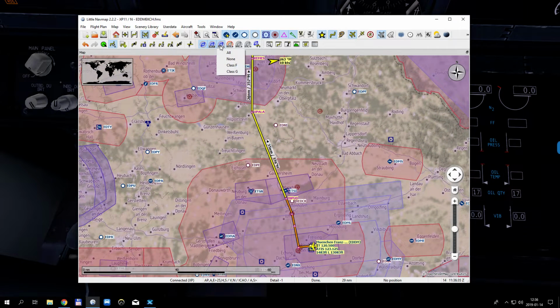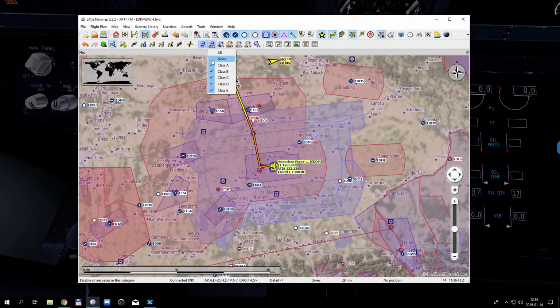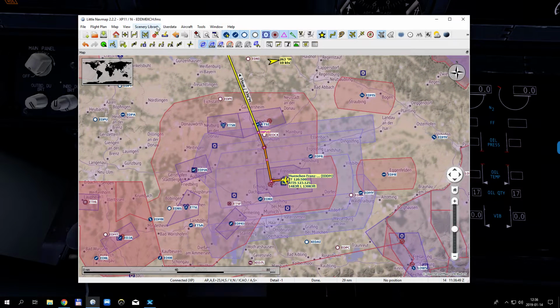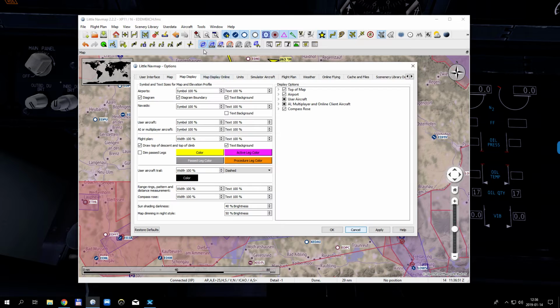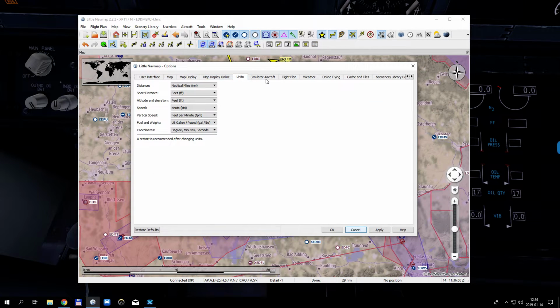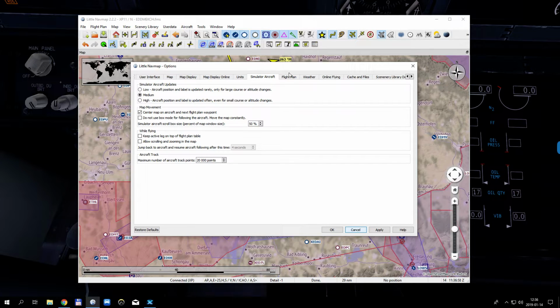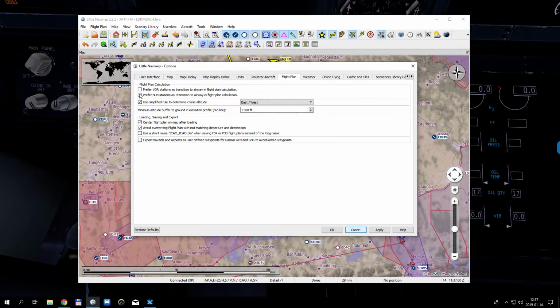You can have all the FIRs, yes, ECO, plus D, plus B, blah blah blah, and everything. You can configure here colors and everything, units, simulator aircraft, flight plan, prefer VOR station as transition to airway in flight plan calculations, or